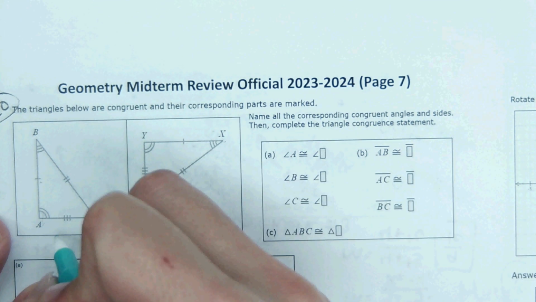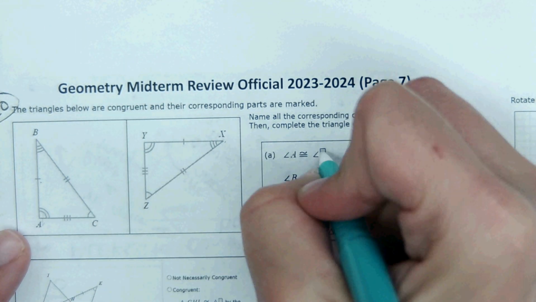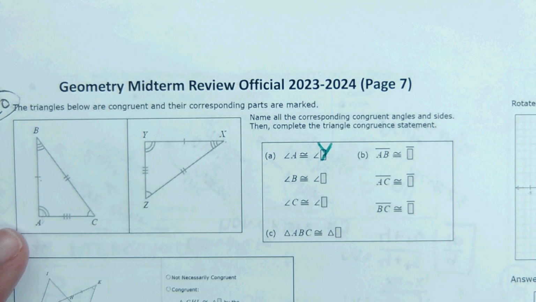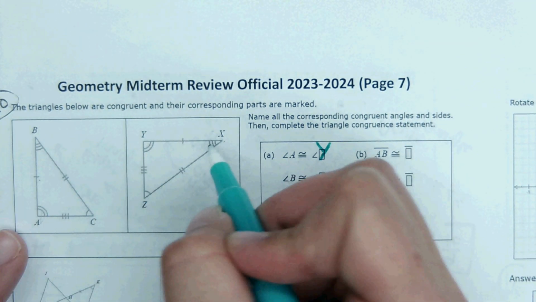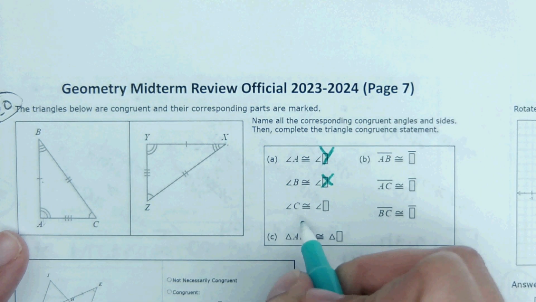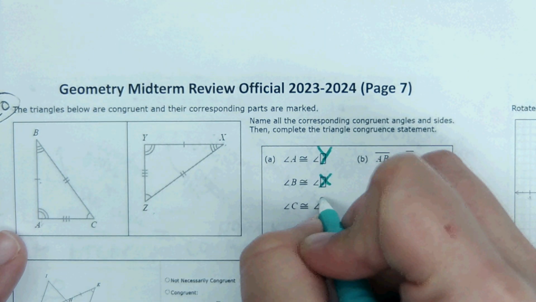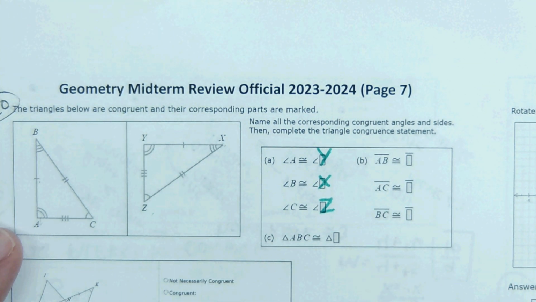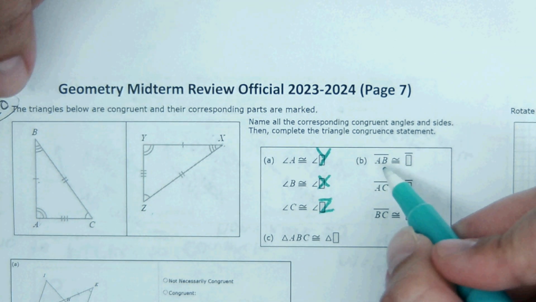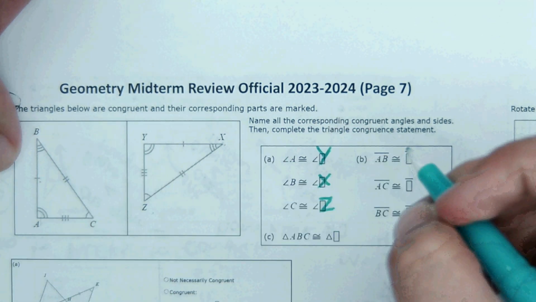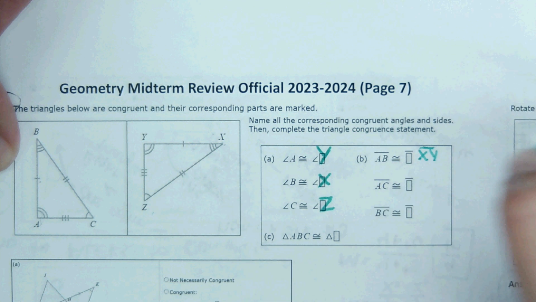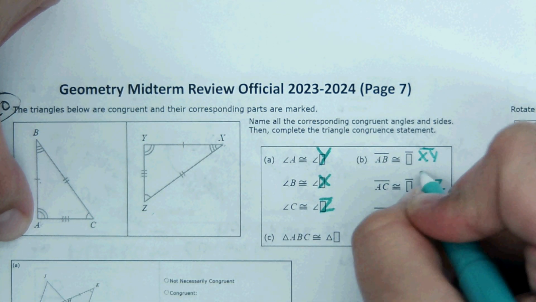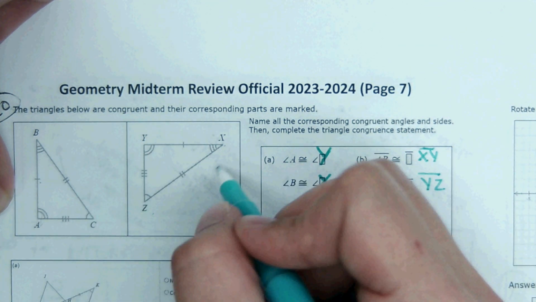So angle A, right here with two arcs, would match angle Y, and you just put Y there. And then B with three arcs matches X. C with one arc matches Z. And then as far as the segments go, AB with one dash mark matches XY. AC with three dash marks matches YZ. And then BC with two dash marks equals